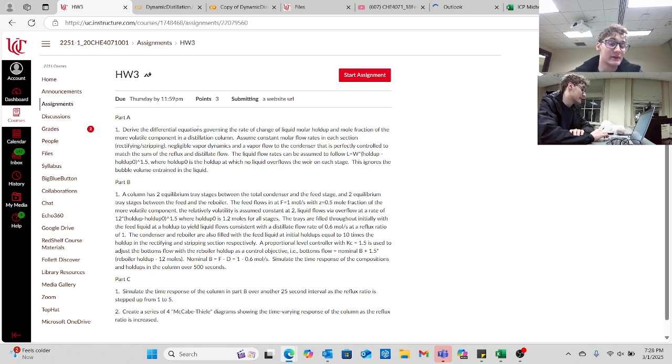So what I'm going to do is get up on the board for part A and derive our differential equations, while also talking a little bit more about B and making it visually easier for you. While I could just be doing A without drawing a column, I'm not going to do that because it'll be easier for you to visualize exactly what I'm talking about if I draw the column and work our way down. And from there, once I'm finished with A, I am going to switch over to B,